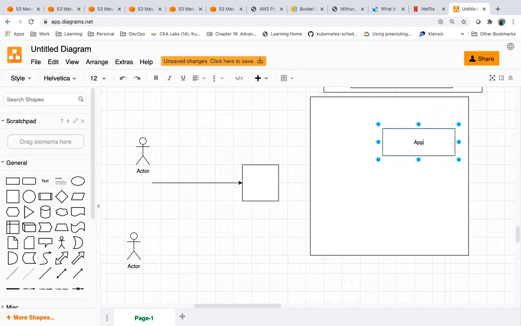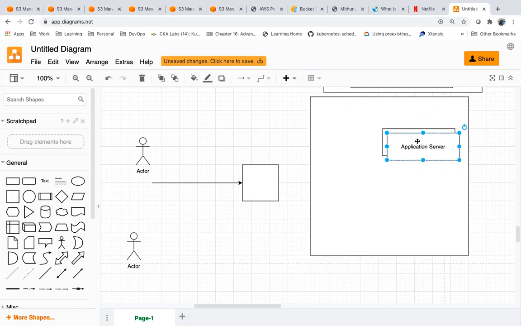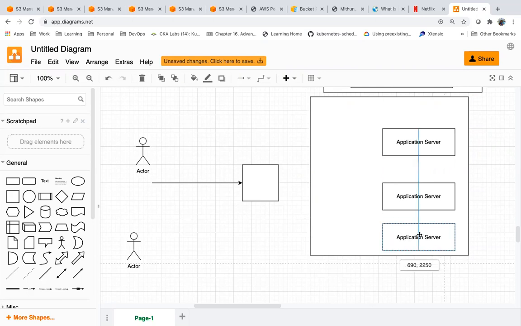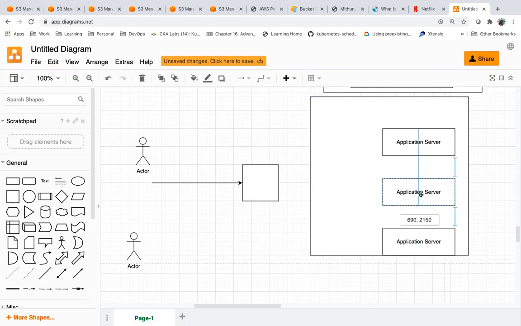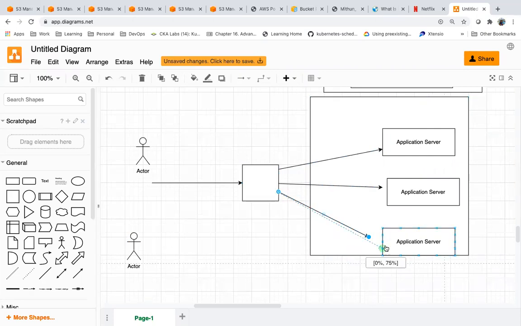Let's assume this is your application server, and there are multiple servers. The Netflix application is running on these servers, and people are accessing it via the load balancer. Netflix has a lot of files, like audio files and video files.